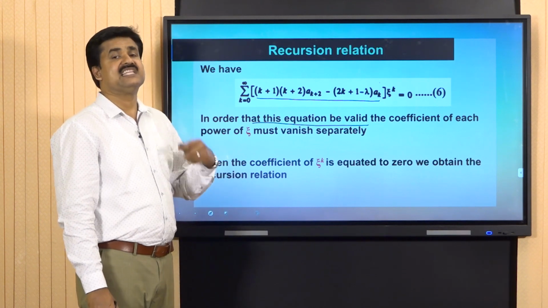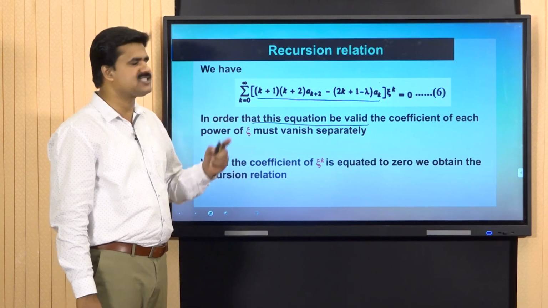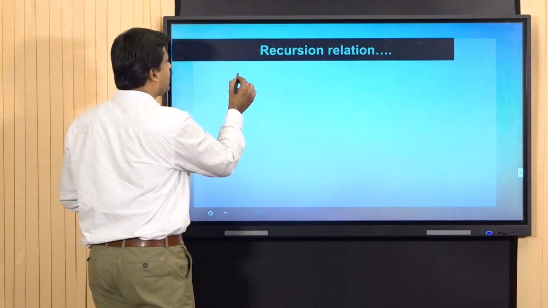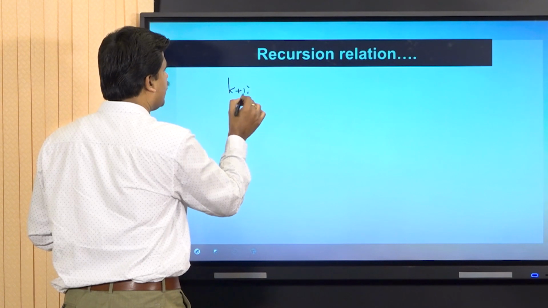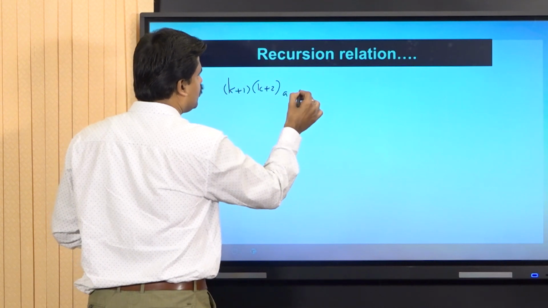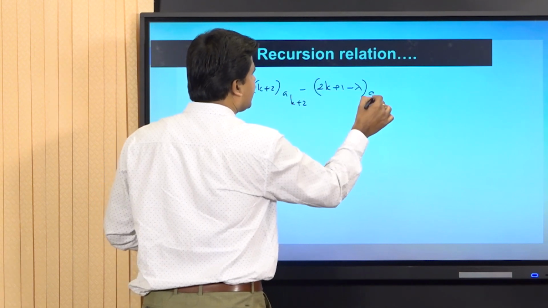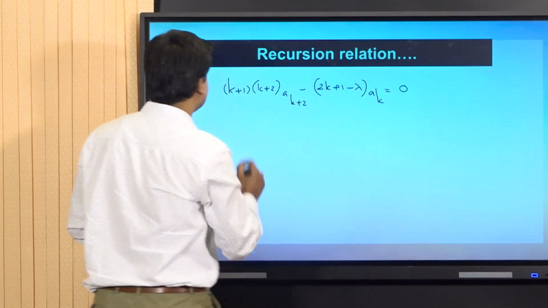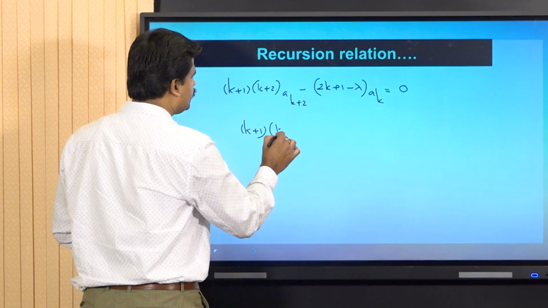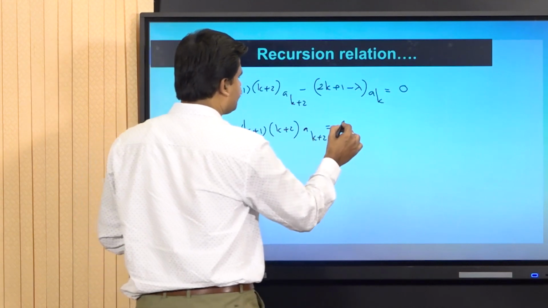We will get the recursion relation by putting k plus 1 into k plus 2, ak plus 2, minus 2k plus 1 minus lambda, ak is equal to 0, or k plus 1 into k plus 2, ak plus 2 equal to